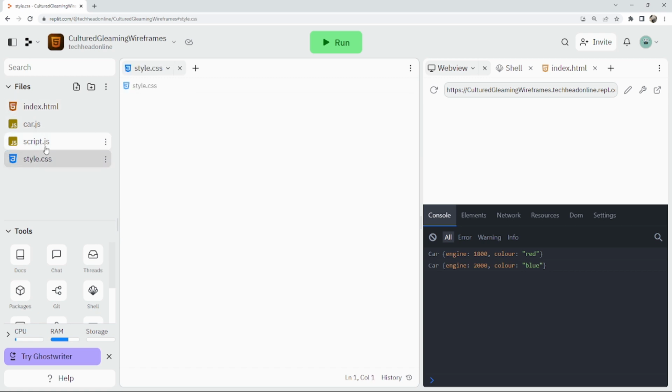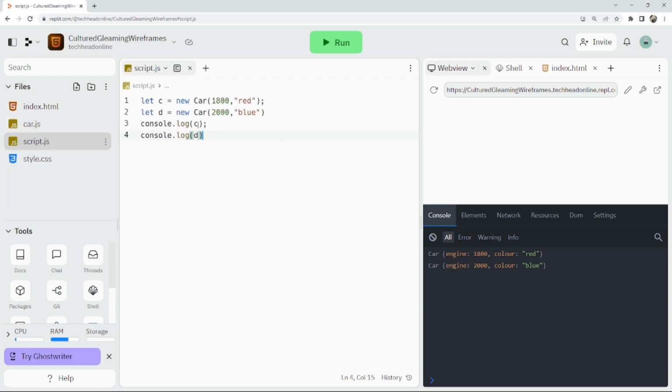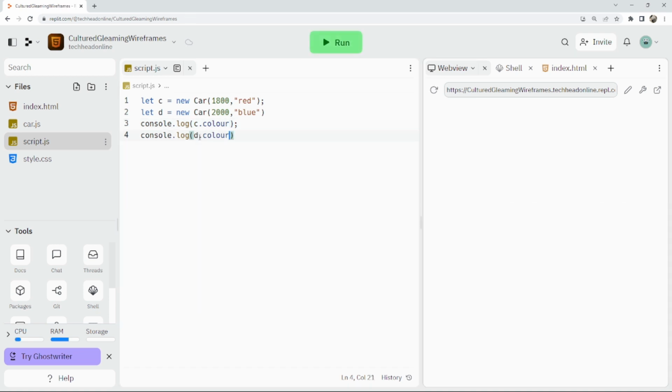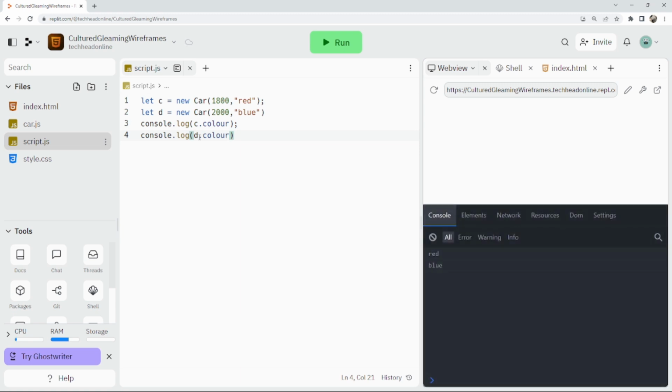Now at the moment, if I go into my script, what I can do is I can do c.color, and what I should do is tell us red. Just red there. d.color. Because those are public variables, I can access them from outside of the class. See, red and blue there. However, if I do this,